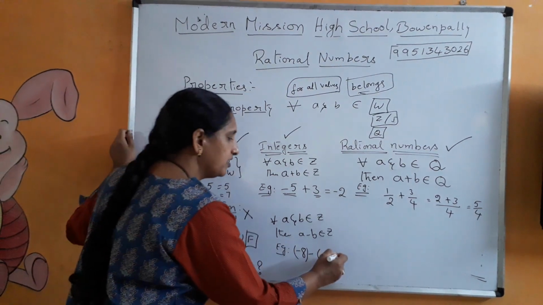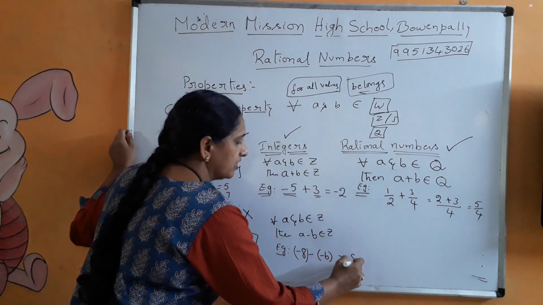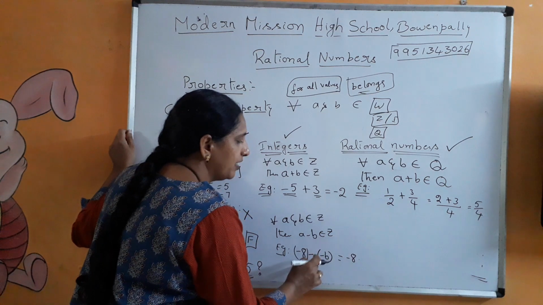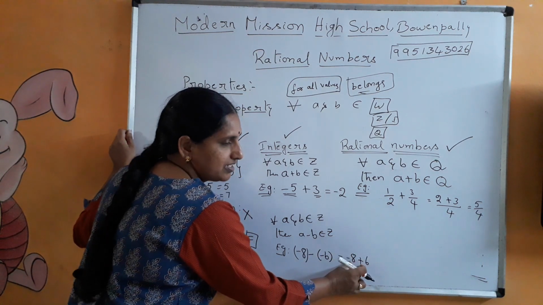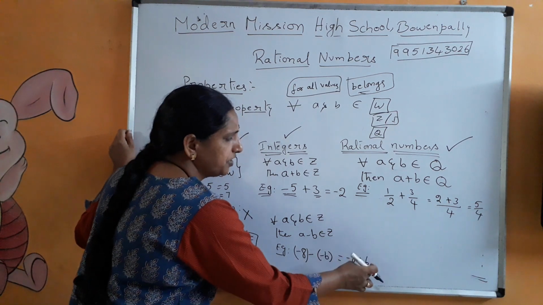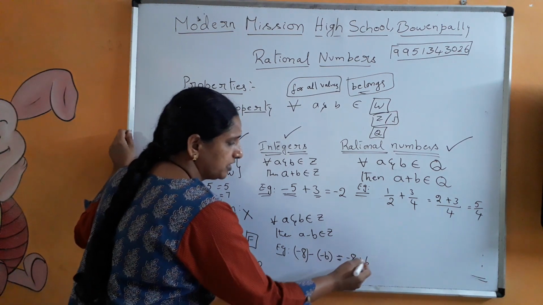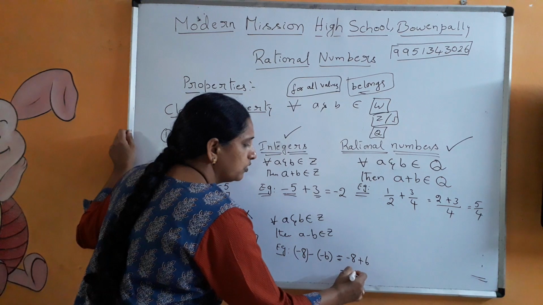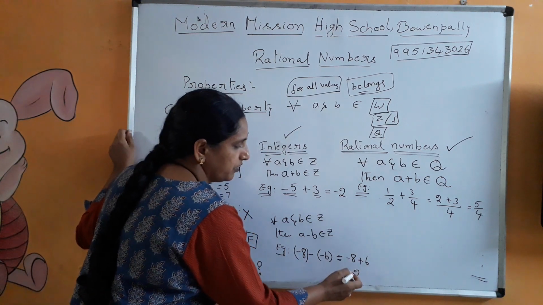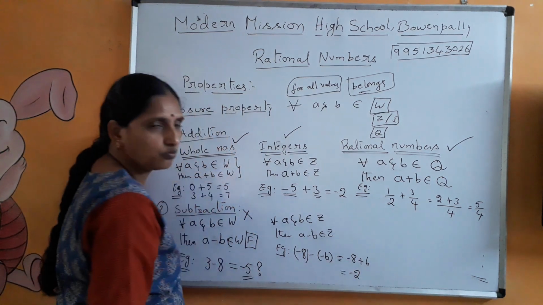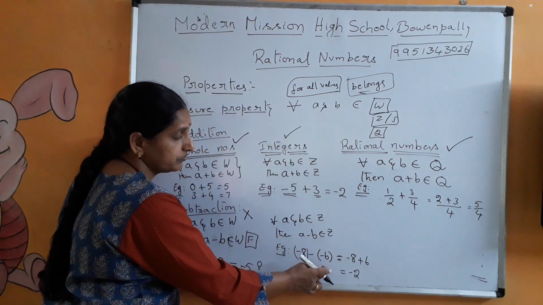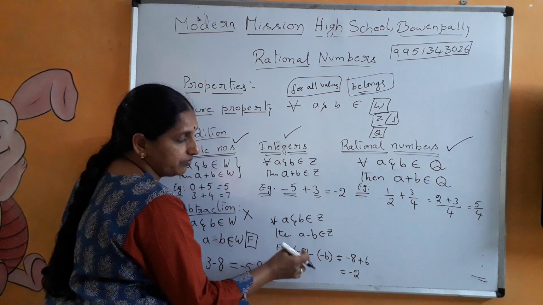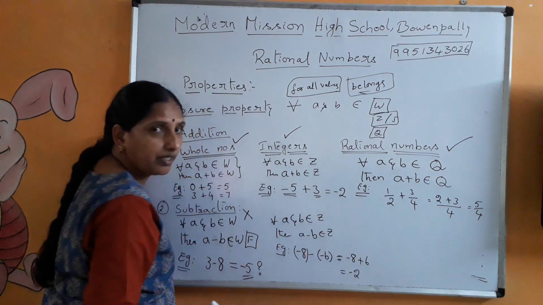So how to simplify this? We have a technique. Minus 8, minus of minus becomes plus 6. Now two different signs, so subtraction is 2. Which sign do you have to take? Whatever you have for the larger number: minus 2. So you took two negative integers here, subtracted one from the other, and got the result to be minus 2.